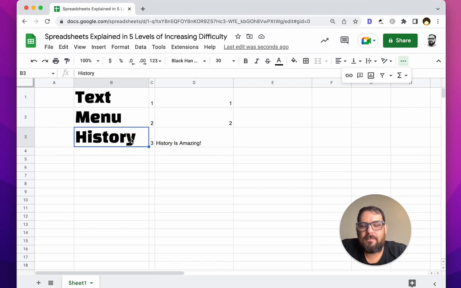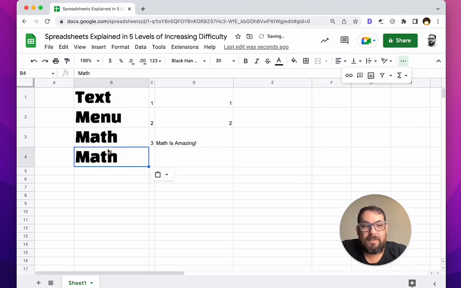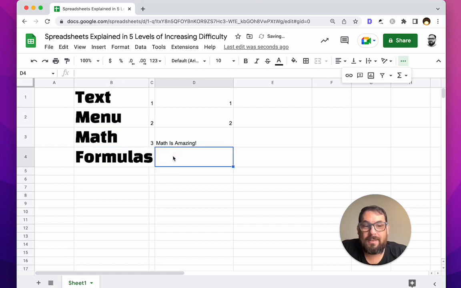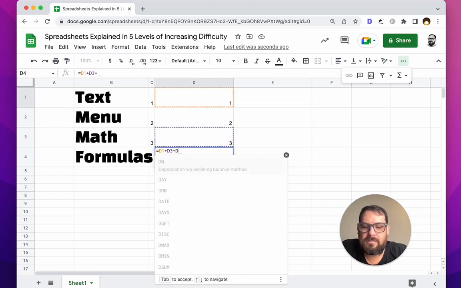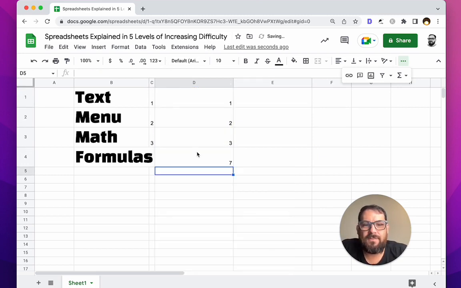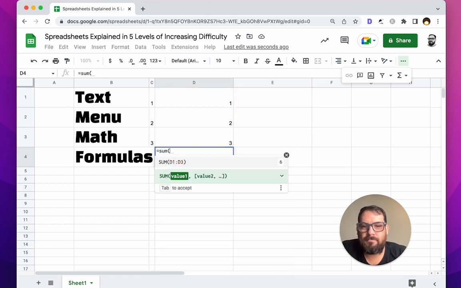But what might be difficult is coming up with your own formulas and functions, which Google Sheets has some built-in formulas and functions that we can use directly. And it is all based on having the equal sign show up. So instead of doing something like this where we say equals D1 plus D2 plus D3, we would get 7 there. We can bring up a formula which allows us to do SUM of D1, and here we can reference